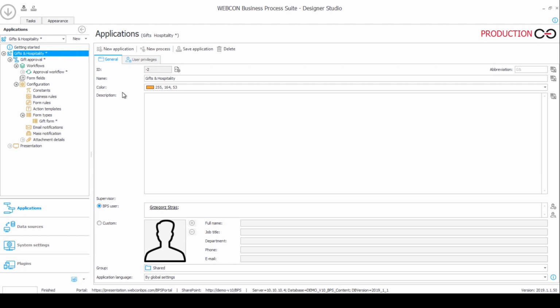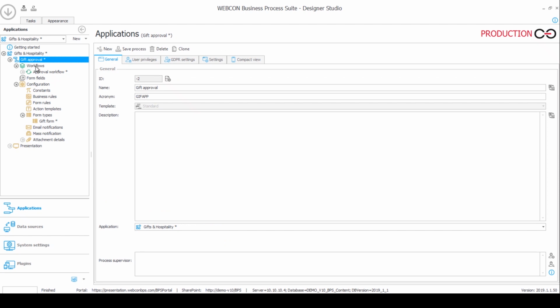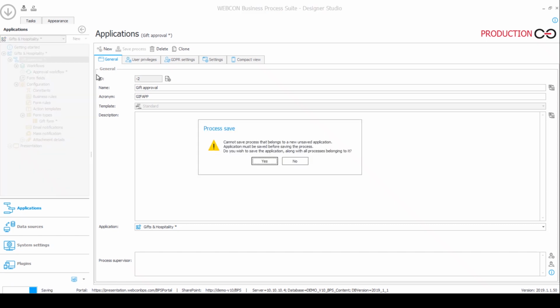So processes from previous versions are exactly the same. One process. So in this case, when I was creating the application, which I called Gifts and Hospitality, I also created a default process called Gift Approval, and a process can have any number of workflows. And also by default, you create one form type, which I called Gift Form. These asterisks and negative IDs mean that it is not saved. If I hit save process, then